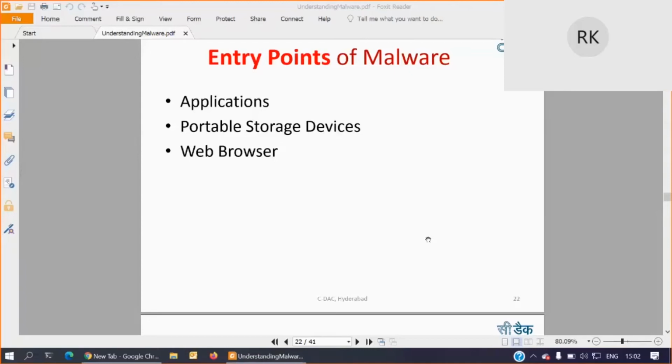Sir, you are asking how to remove malware when browser tabs keep on opening on their own. That is because the current tab, whatever page you have, is compromised, or it has some redirections in it.